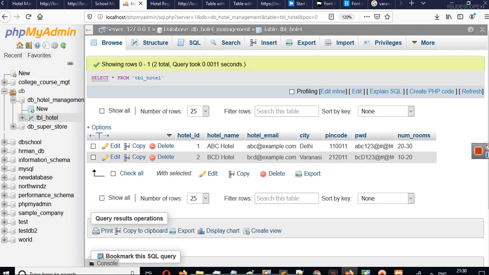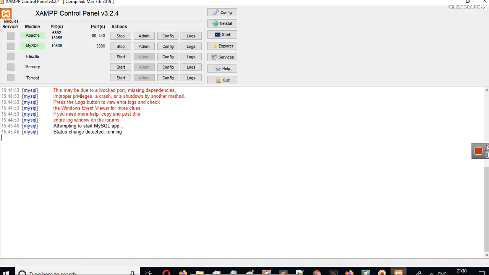In the upcoming examples, I will show you some more queries related to SQL. In the meanwhile, you can go ahead, go to phpMyAdmin and start creating a database for your application. If your XAMPP control panel is running, and you are not familiar on what particular address you have to go, go to MySQL and click on admin here.